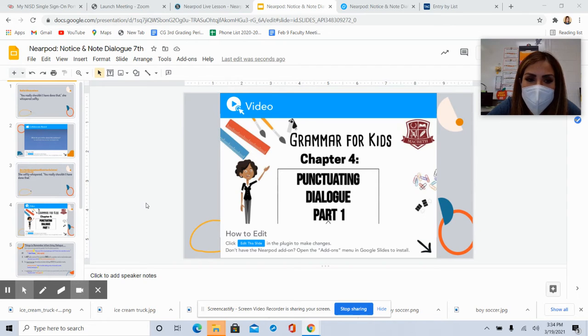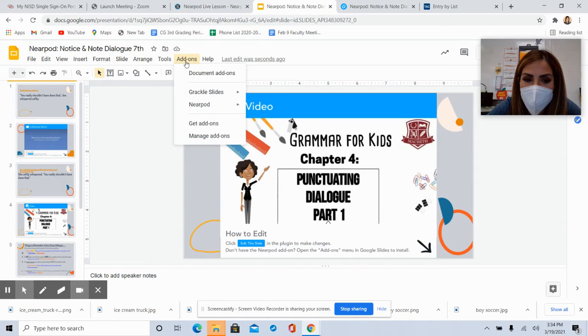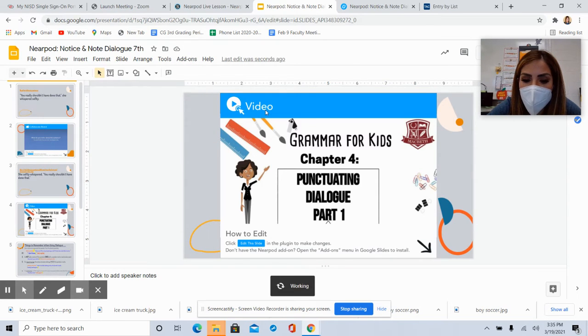From Google Slides, you're going to access the Nearpod add-on. Let's say you like this slideshow, you like what's in it, and you want to use it as it is. If that's the case, you'll open up the slideshow from Google Slides, click on these add-ons up here in the toolbar, Nearpod, open Nearpod,